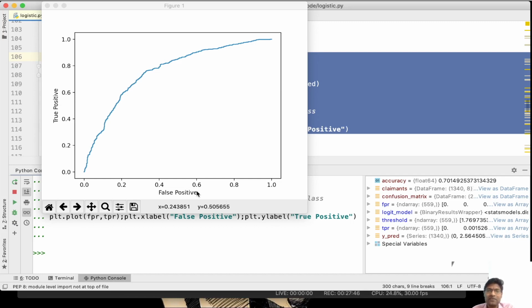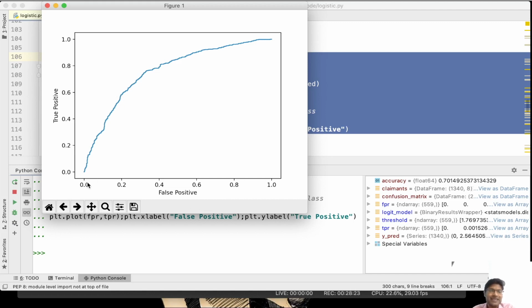False positive means the predicted value is true but the actual value is negative. That is the meaning of false positive. So this is not the expected value, only this axis is going to contain our expected value. If my calculated line, the blue line, is a vertical line going across 0 till 1, then our model is a perfect model where the expected values are equivalent to the predicted values, or the predicted values are equivalent to the expected values. Either way we can state it.